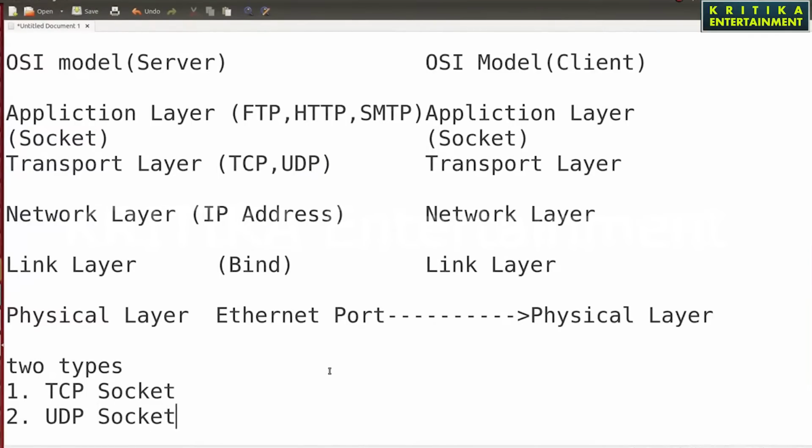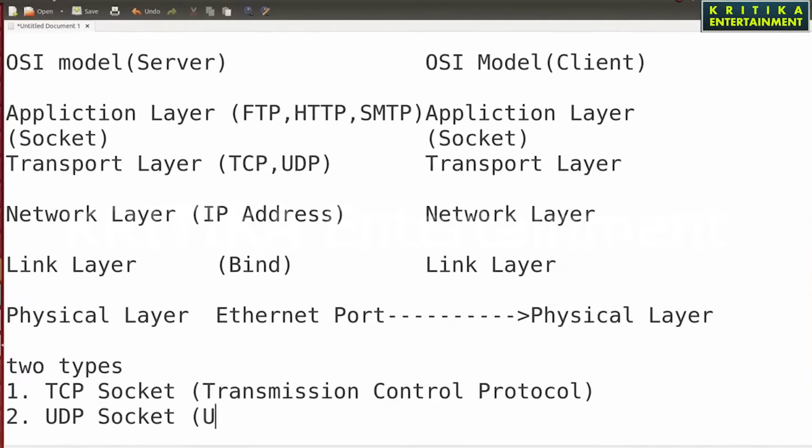TCP socket means Transmission Control Protocol, which is a reliable protocol, reliable transmission meaning reliable connection. UDP is called User Datagram Protocol.